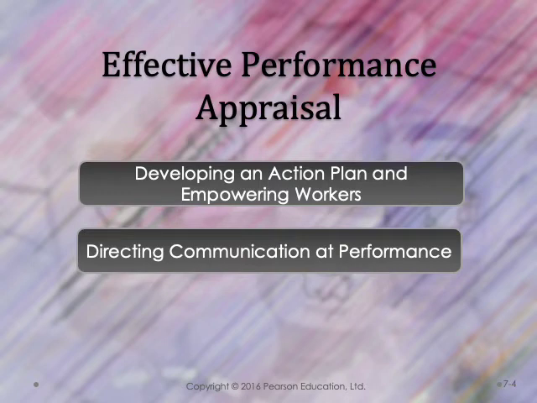For directing communications at performance, communication between supervisor and worker is critical to effective performance management. I think I also have mentioned this in TQM. How do you communicate the changes in an organization? Exactly what is communicated and how it is communicated can determine whether performance improves or declines. Because maybe if you do not communicate well, there is that feeling that they will not follow you. Performance discussion can be difficult for managers, and workers may disagree that there is a performance issue and